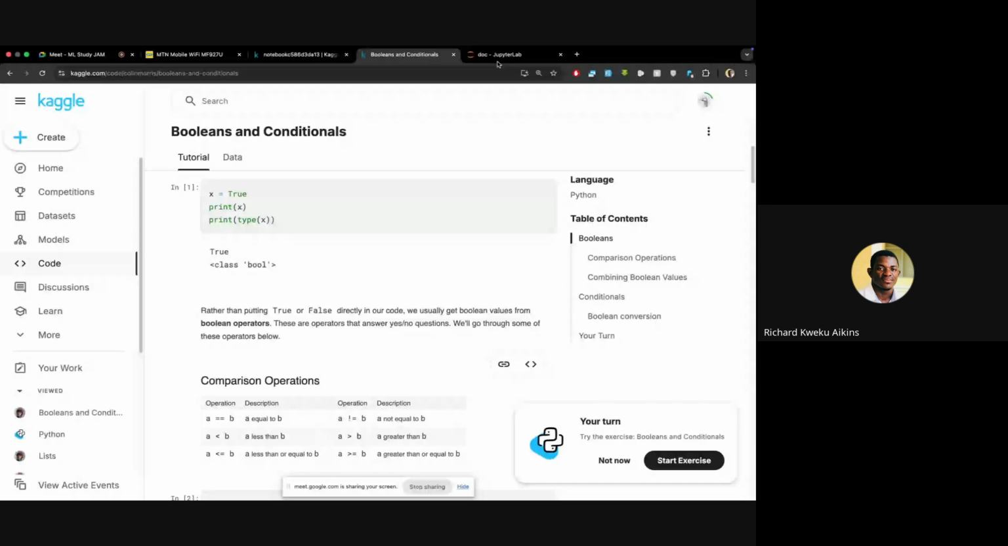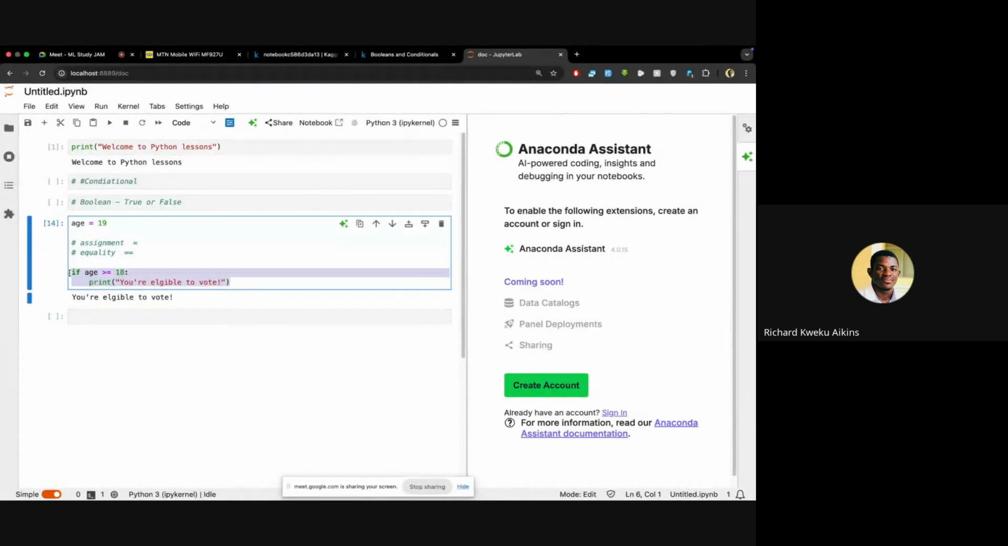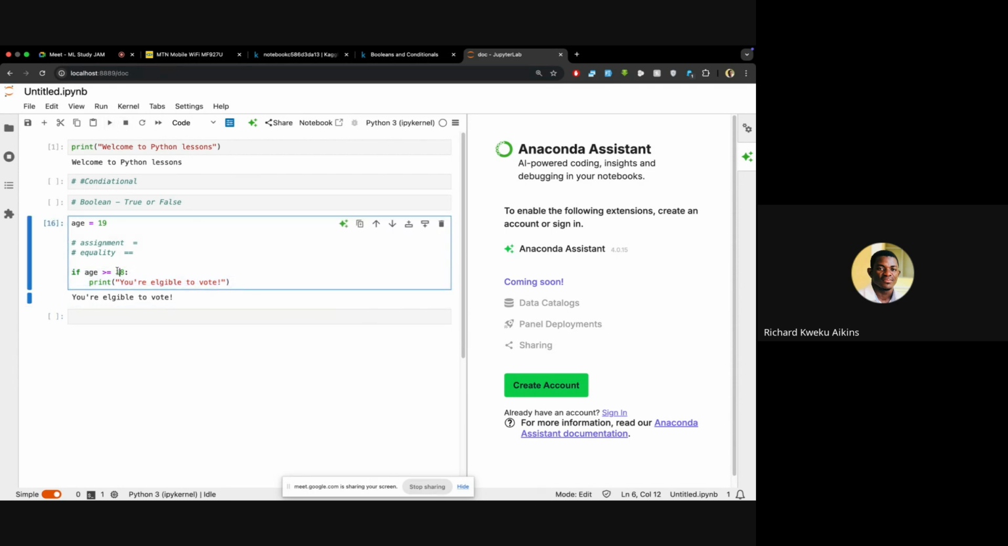Okay, so since we have this, let's go ahead and look at something. Now, if the person is equal to or greater than 18, we get you eligible to vote. What if the person is not equal to 18? So we can come ahead and say else, right? The else simply means that if this statement is not true, if this statement is false,